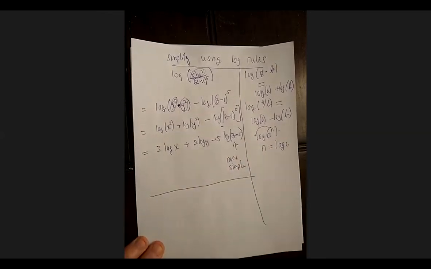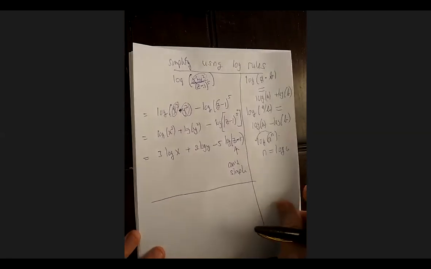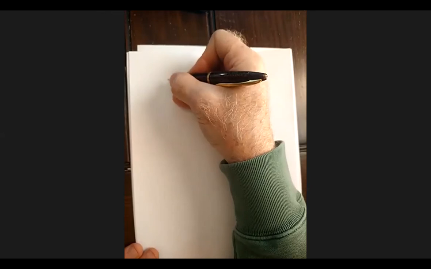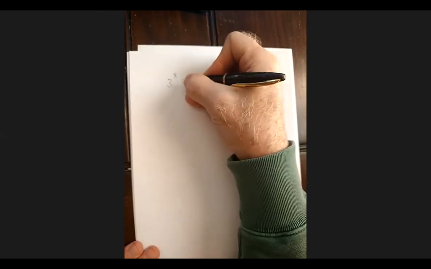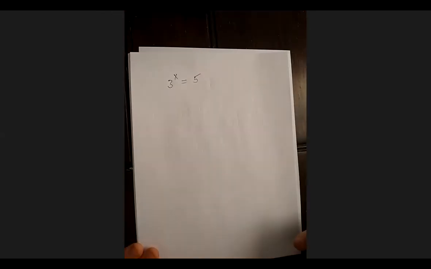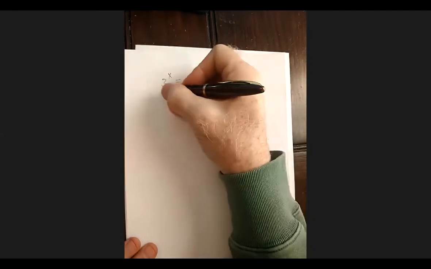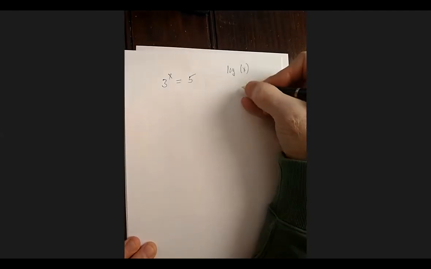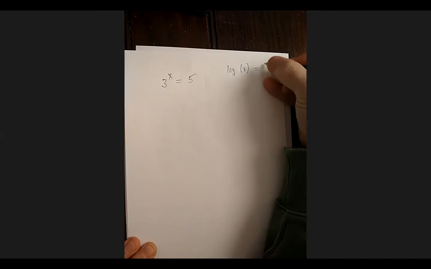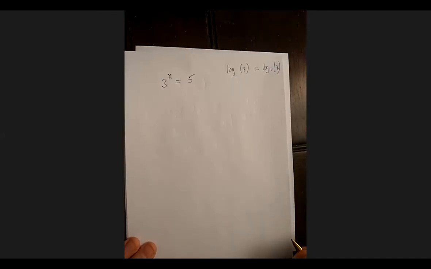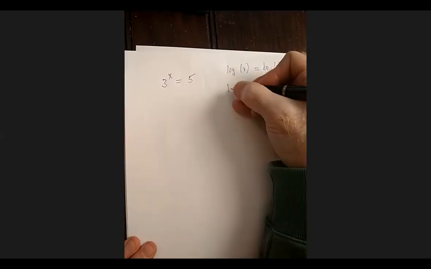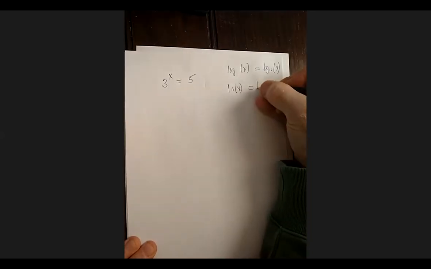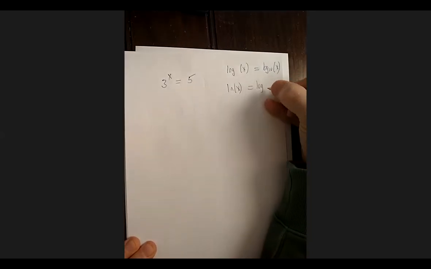Oh, actually, I want to do another log because I think it's also an important skill. Let's say we have to solve an equation like 3 to the x equals 5. Remember, most calculators have a button for the log without any number, and you reinterpret that as log 10. And then there's a natural log, and that's really the log base e of x.